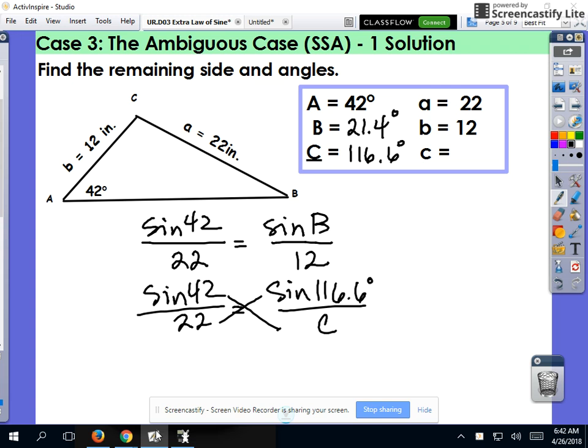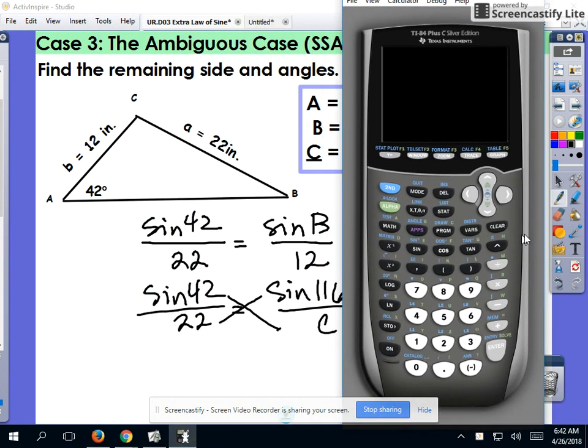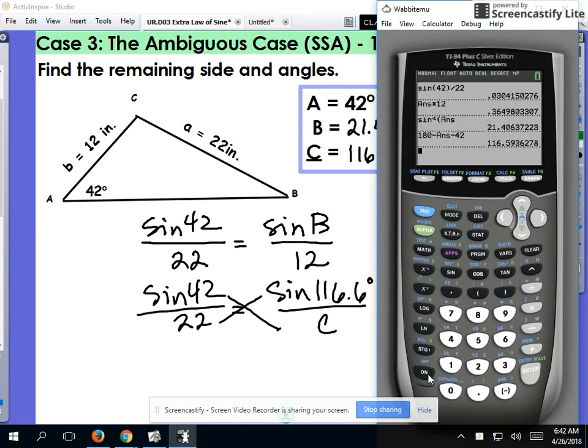All right, so we last left off at getting 116.6, and we're going to go ahead and use our law of sines to solve for C. So we're going to multiply 22 sine of 1. Actually, I think I can. Was my last answer that? Yes. So I'm just going to press enter,